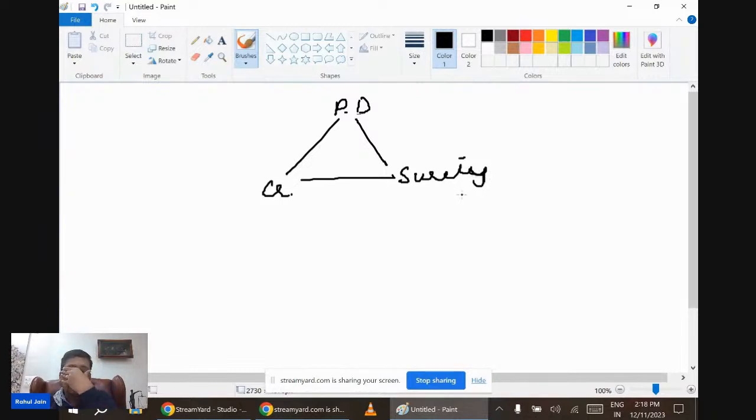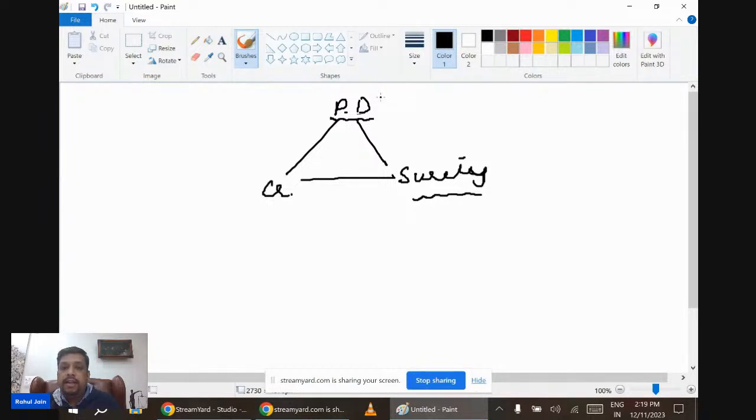Next is variance in the terms and conditions of the contract without the consent of the surety. See, the surety is the one who is ultimately liable, so his consent is necessary. Now, by release and discharge of the principal debtor, like when you are compounding with the principal debtor, saying 'I will not file a case against you, I will catch the surety', no, this should not be there, because the primary liability was of the principal debtor only. If the creditor is compounding with the principal debtor, then it will amount to discharge of